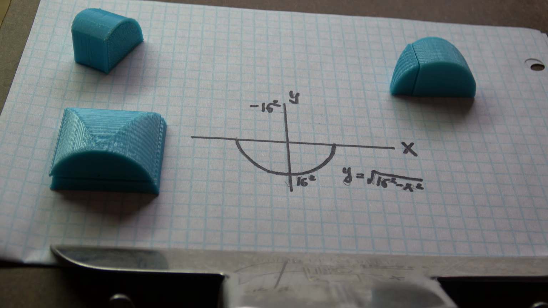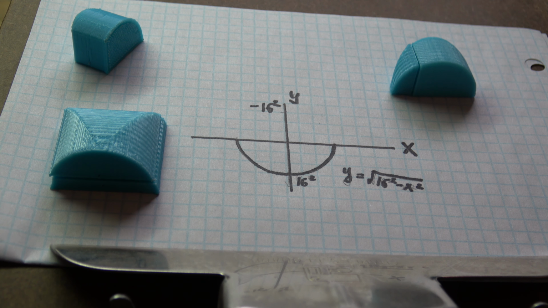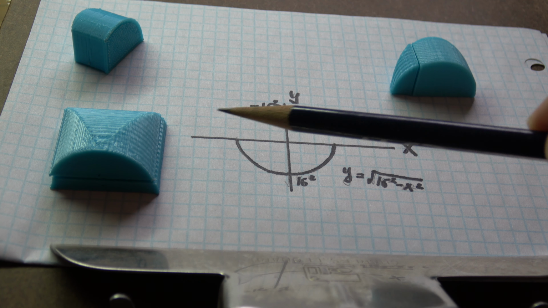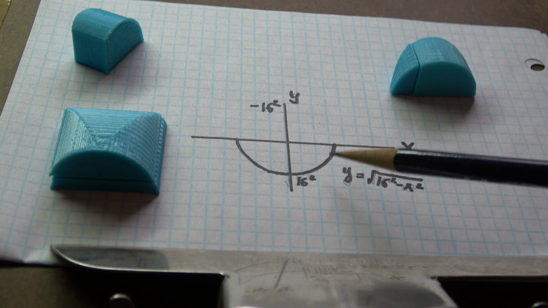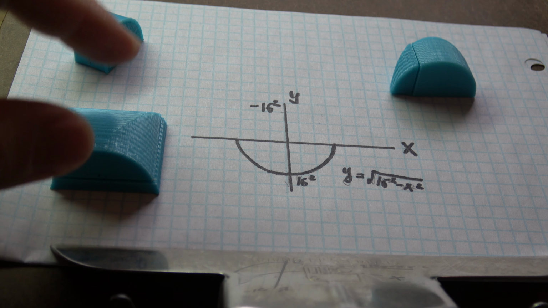This video goes with my blog post about 3D printing a calculus volume by cross-section problem. So these are the 3D printed shapes over here, and here's the base of the shape sketched out. You can see the diameter over here, and so the correct solid was actually this one,